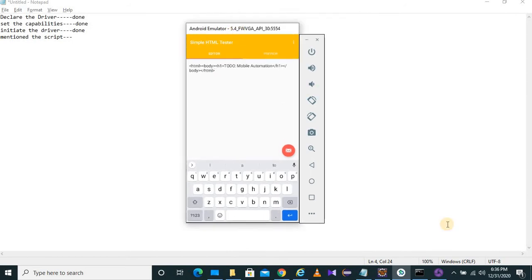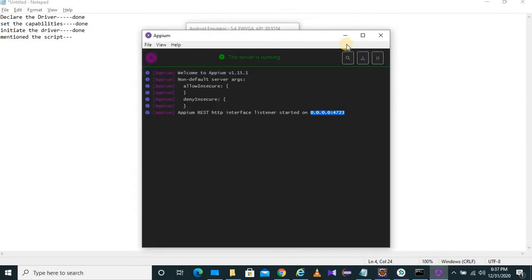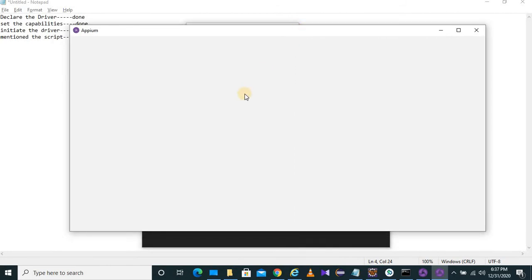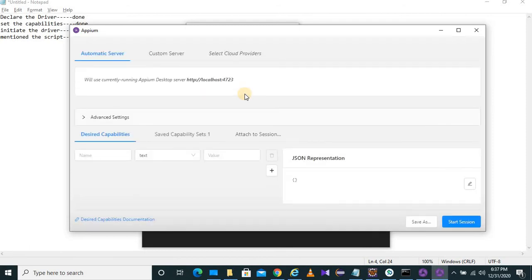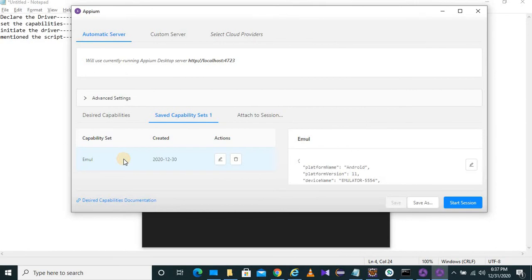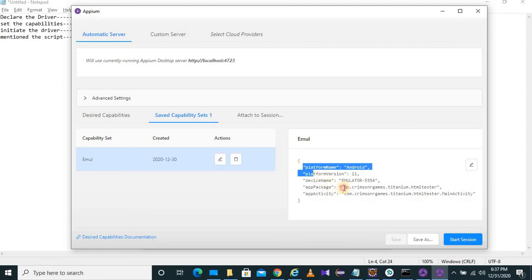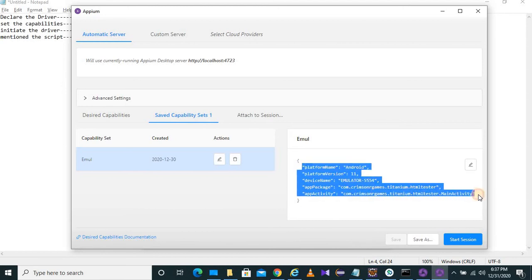So for doing that, open this page under the Appium, because this is basically the native application, and I have already declared the capability here, the capability that we have already mentioned under the Eclipse. The same capability I have mentioned here. So you have to mention the same capability here. Click on the start session